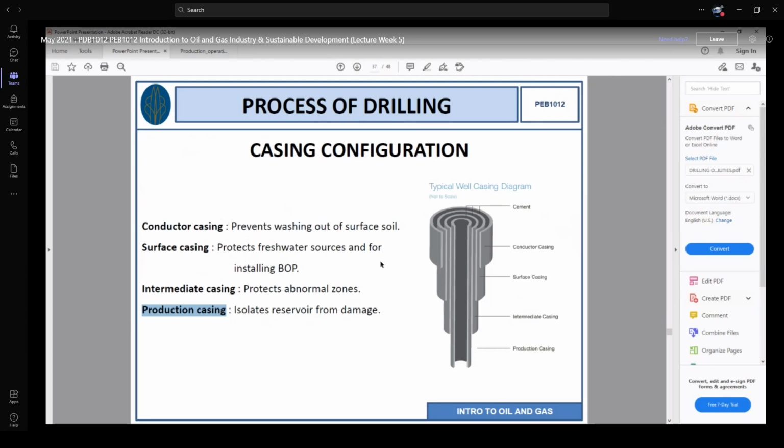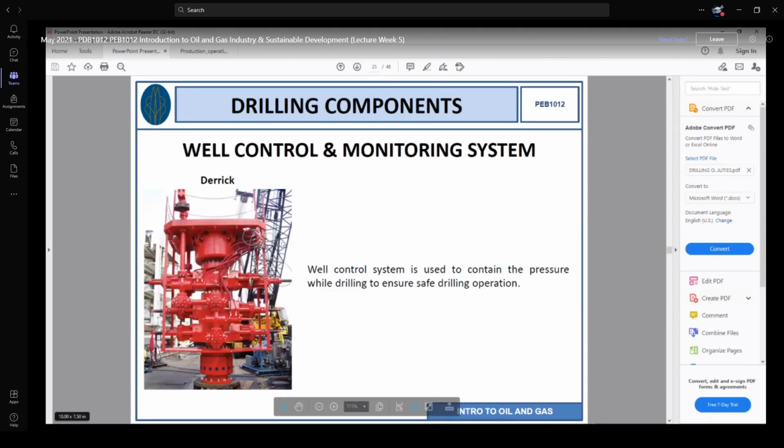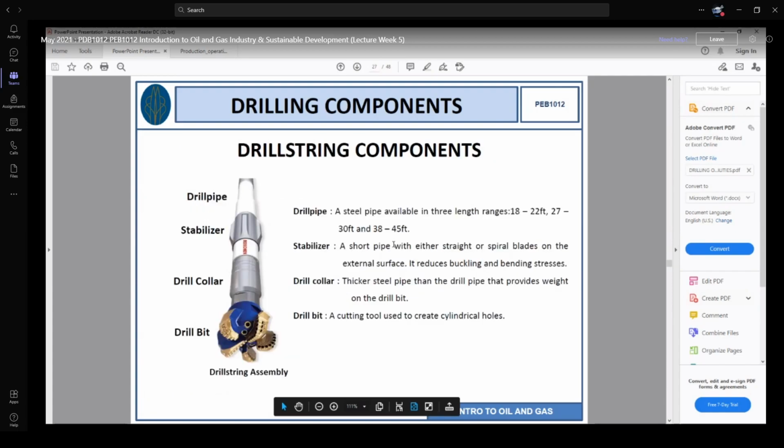After that, you remember in the subsurface we have freshwater zones, freshwater sources that need to be protected as well. That is a government regulation. To protect those freshwater sources, we need to run another steel pipe, right, which is called a surface casing. This is also used for the installation of the BOP. BOP is a blowout preventer. Remember we discussed this, it is called a blowout preventer. So normally it is installed on the surface casing.